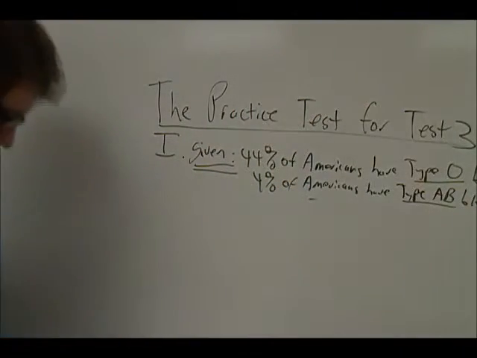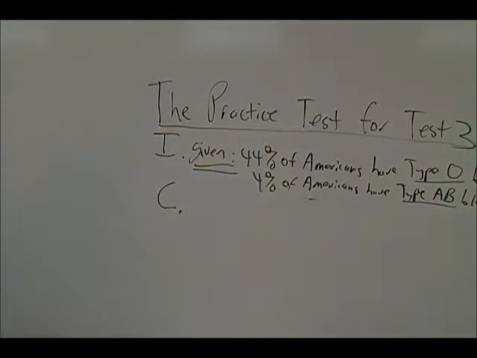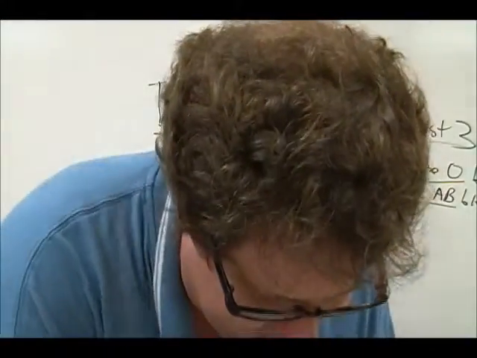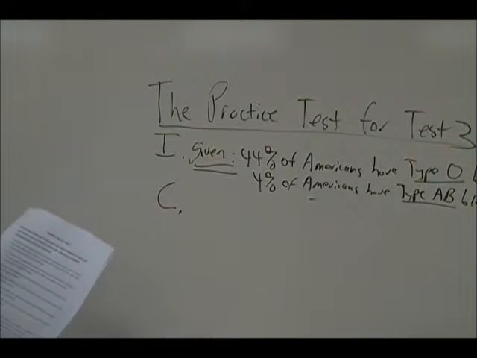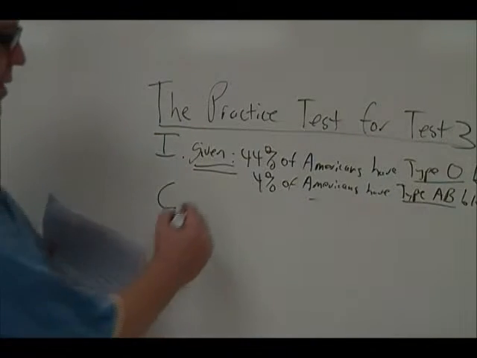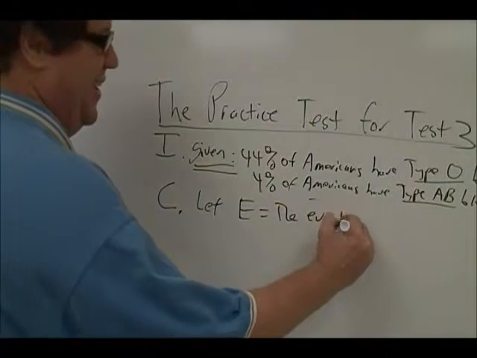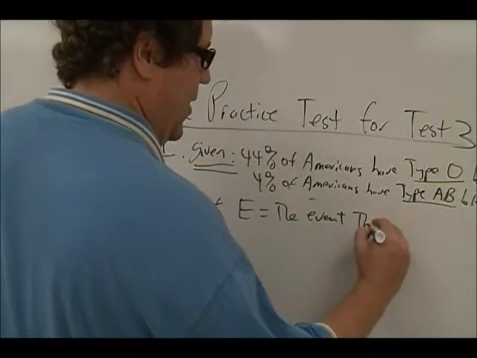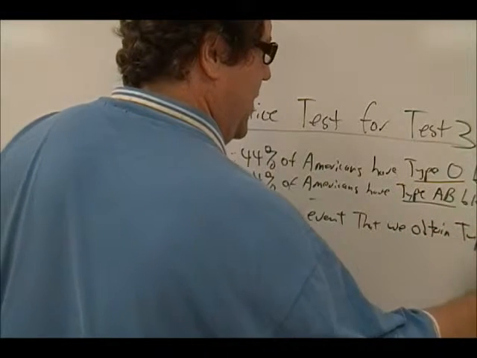Going on now to problem 1C. The practice test says, what's the probability that a randomly selected citizen will have a blood type that is different from type O blood? So if we let E equal the event that we obtain type O blood,